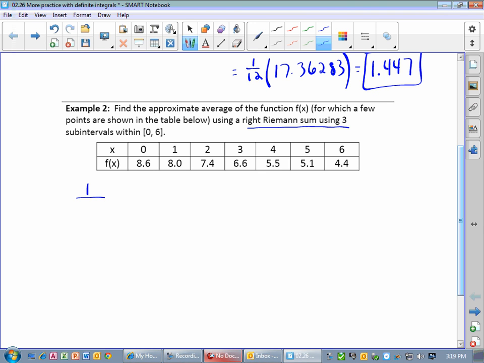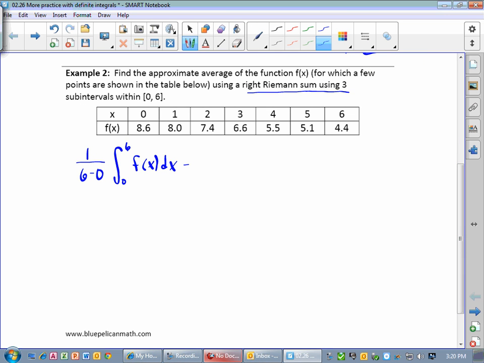So we want 1 over, now our interval here is from 0 to 6, so 6 minus 0, times the integral from 0 to 6 of our function f of x dx. Now again, we can't get the exact integral, so I'm going to put, we can't get the exact average. Notice the average is equal to this, and this is going to be approximately